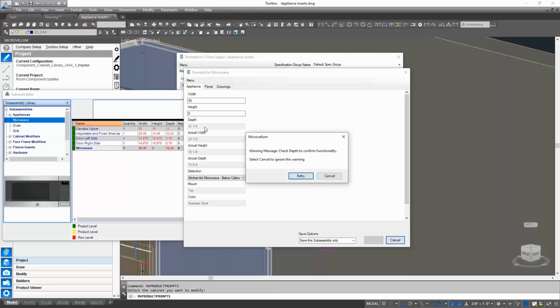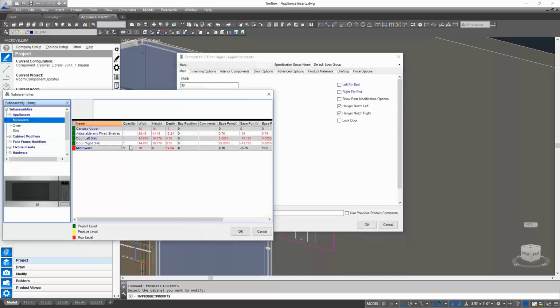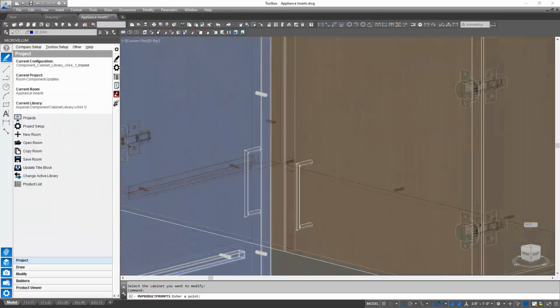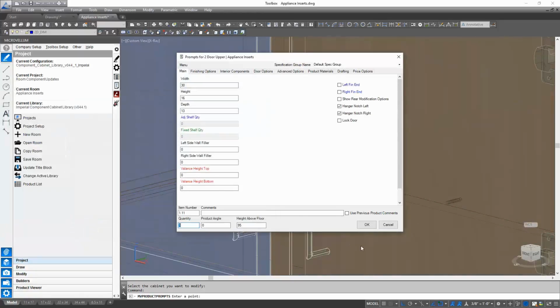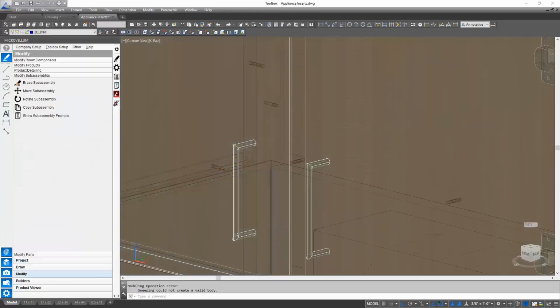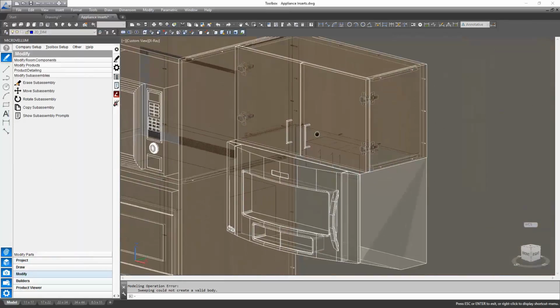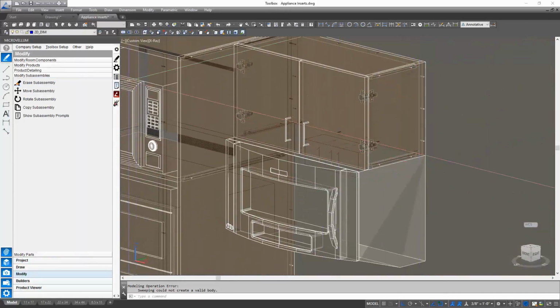My depth, this appliance is deeper than my cabinet, and that's fine. And so then to place the appliance, I'm just going to say pick point, and I'm just going to pick the back corner point of my appliance there and say OK. So now if I have a look, I've got my appliance sitting underneath my cabinet,